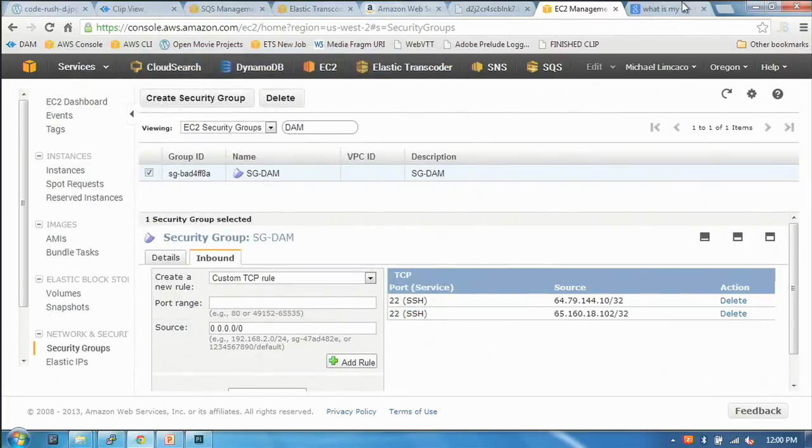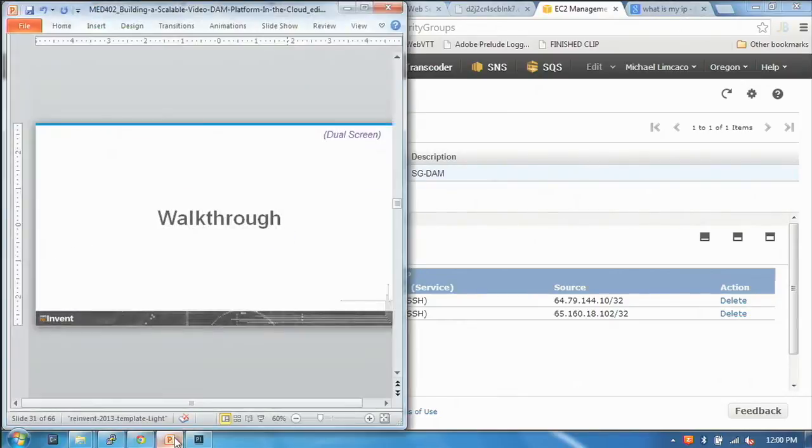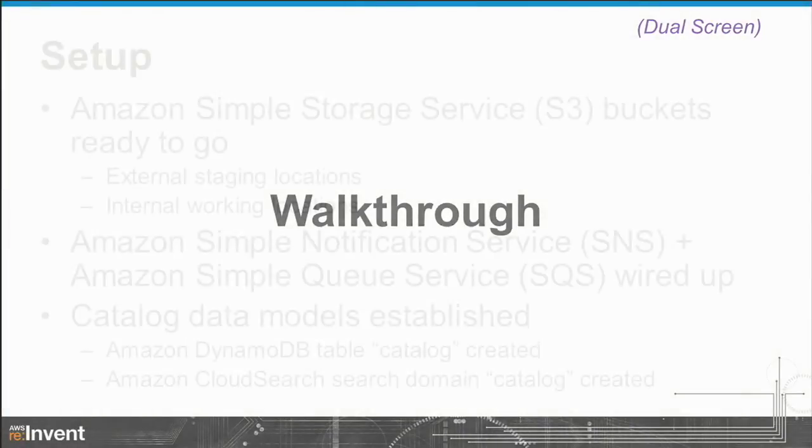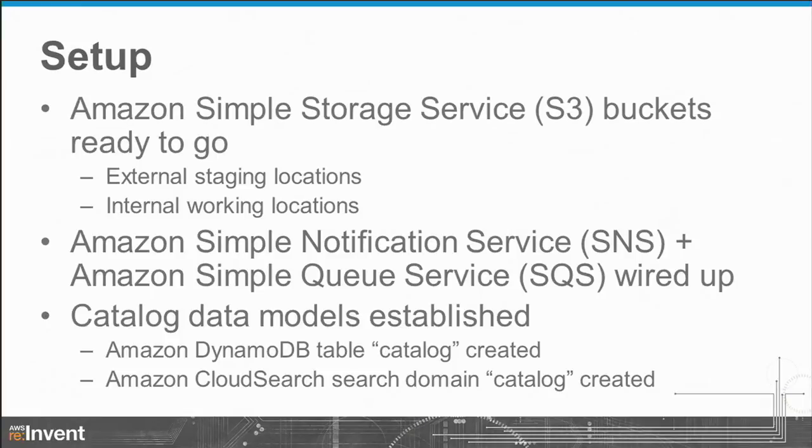I do apologize for that. What we can do is show you, at the end of the metadata extraction process, the quick walkthrough. We basically set up the buckets. We make sure that we have a staging area for receiving content from edge locations. We define an SNS object and wire it up to two SQS queues. We create a DynamoDB and Cloud Search index. We create a DynamoDB table using a defined skeleton of a schema as a starting point. We are talking about a no-schema or NoSQL solution, but we do have to start with something, and in this regard, I recommend using a combination of XMP and Dublin Core as our starting point